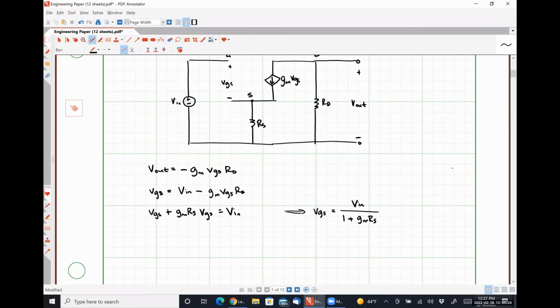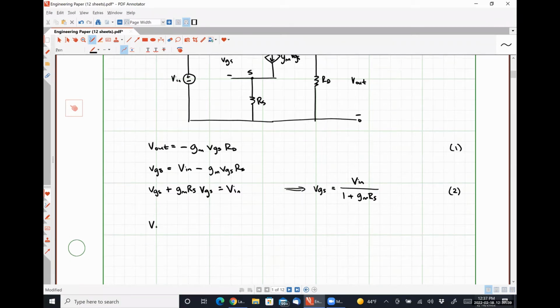So let's call this guy equation 1, this guy equation 2. What we're going to do now is simply substitute 2 into 1, which is going to give us V out is equal to negative GM times Vin over 1 plus GM RS times RD,